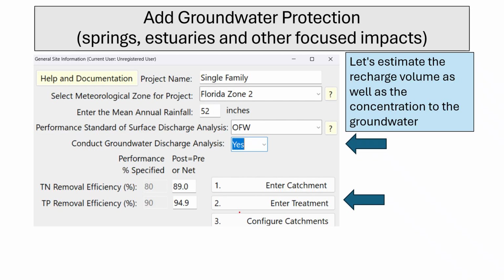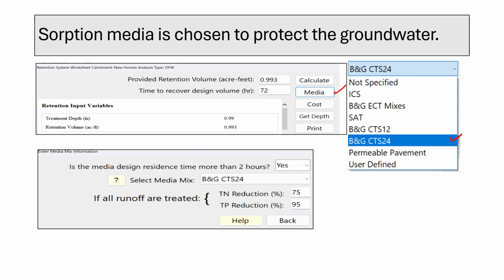To initiate this process within our system, you would select the groundwater analysis option on the Site Information worksheet. From there, it's essential to ensure that your retention basin design includes specific provisions engineered to protect the underlying groundwater. Sorption media plays a crucial role in safeguarding our groundwater. These materials are specifically chosen to effectively remove both total nitrogen and total phosphorus from infiltrated water before it enters